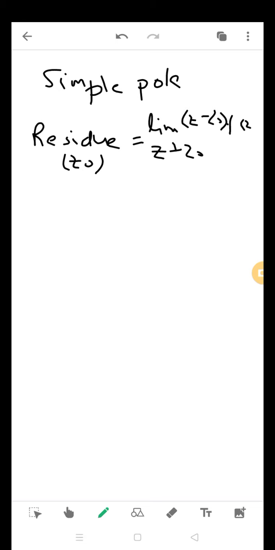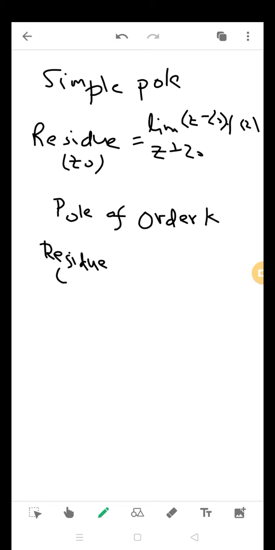This is for the simple pole. But if it is a pole of order k, then the residue